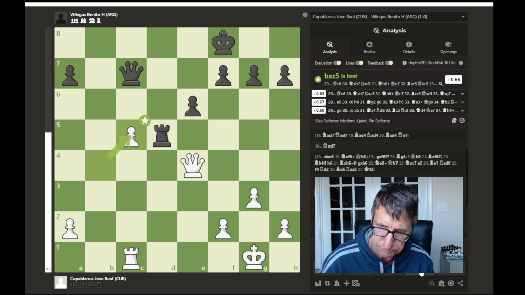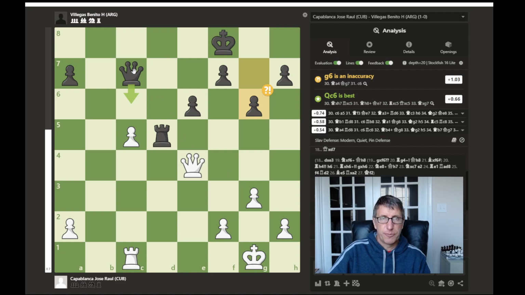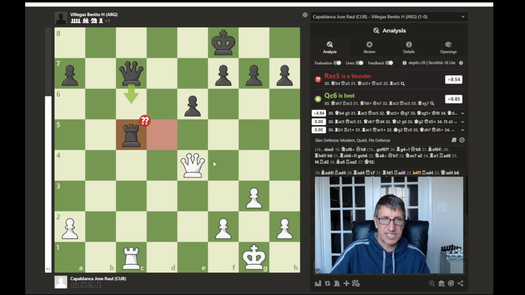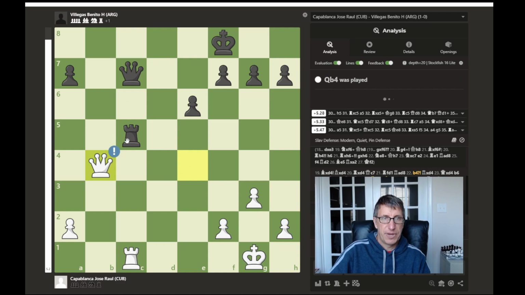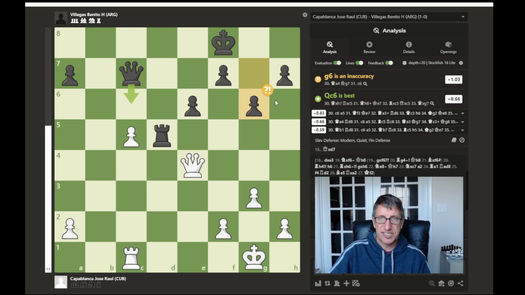So if I go back, it looks like, let's see here, capture by white in the game. G6 was played. The computer says that queen to c5 or c6 here, moving the queen forward and blockading this passed pawn is the best move. And for those of you that thought, well, why doesn't he just capture? That would be a blunder because it would allow queen to b4, pinning this rook to the king, and then the queen would be able to capture the rook next, and white would just be winning. So we go to g6 to block this attack on the h-pawn, and the game continues with